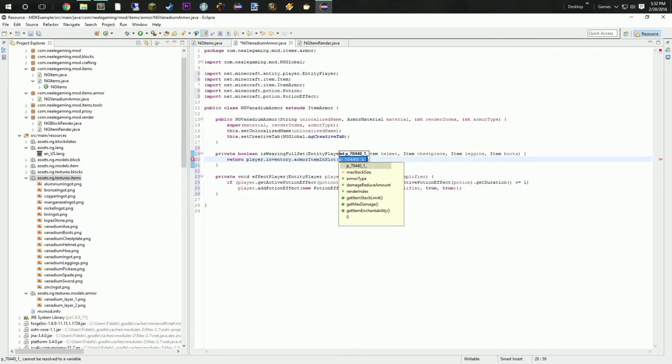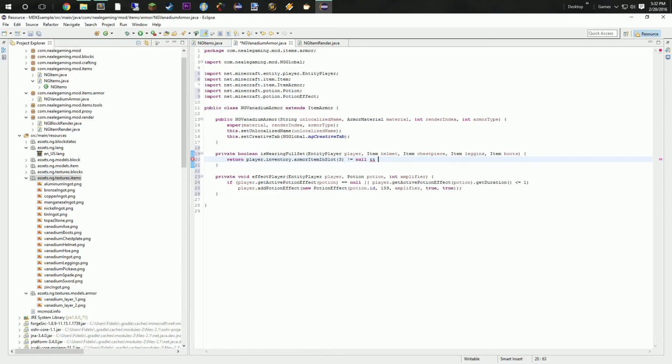So essentially what it's doing is it's checking that slot in your inventory, right? So we're going to be checking 3 for our helmet. So if that is not equal to null, so essentially if it has an item in it,